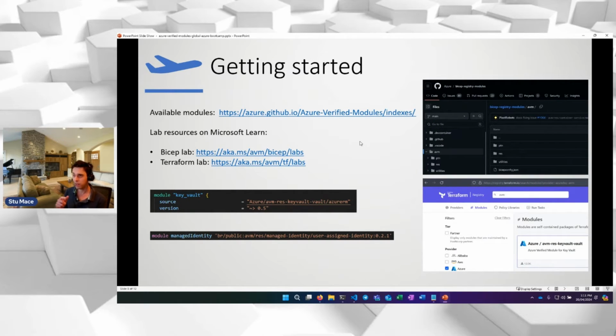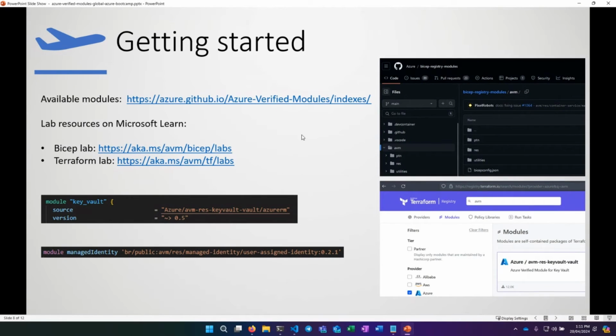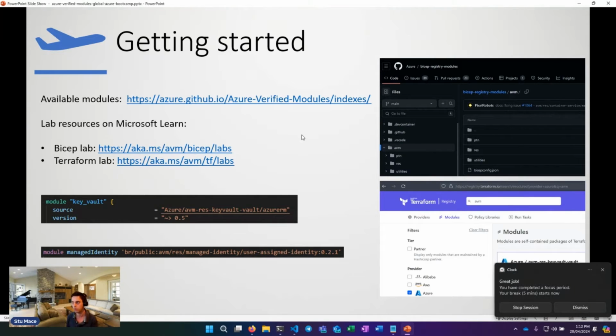So how do you get started? There's a list of available modules on the AVM webpage. There's the link at the top. And there are a couple of lab resources, which are very useful to help you get going, depending on whether you want to take the Bicep track or the Terraform track. In terms of how it actually works, we'll have a look in a minute in Visual Studio Code.